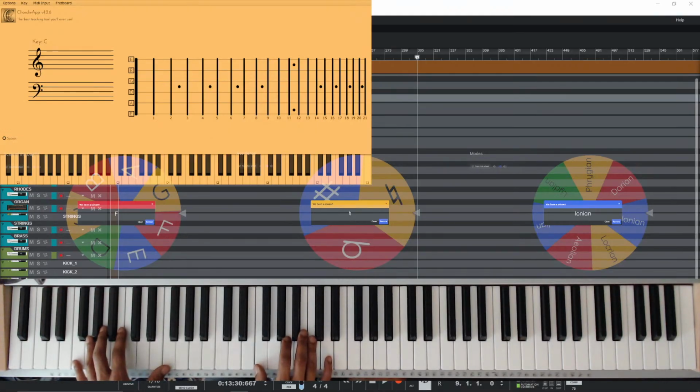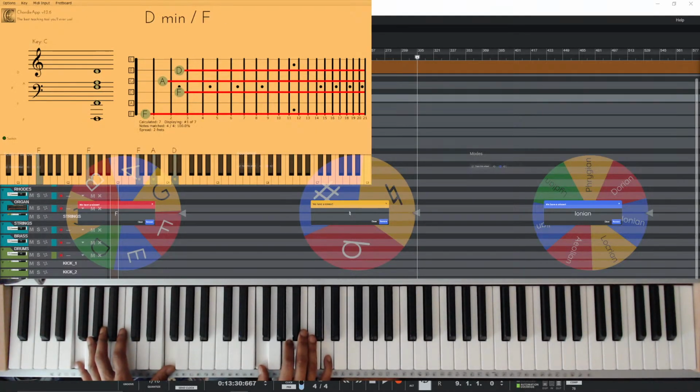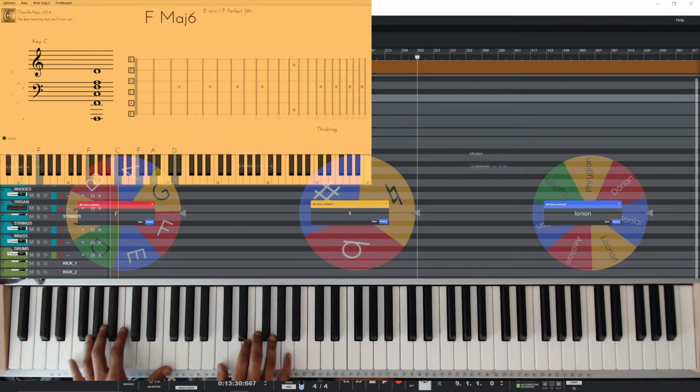Shape is not good. We're not in shape. And now I'm saying,